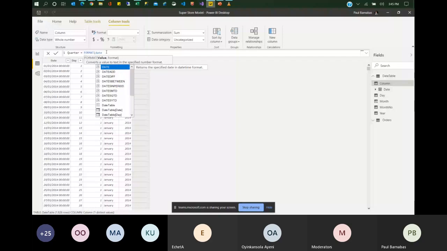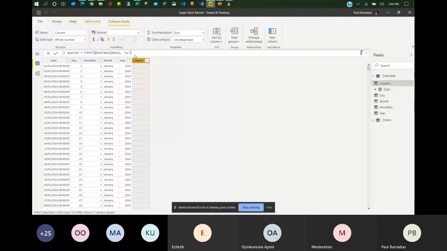comma, and I want it to be Q. So Q here is for quarter. So what this means is that it should extract the quarter from that particular date. And here you go. So what this is doing, let me make use of just one Q. So what this is doing is showing us the quarter number.